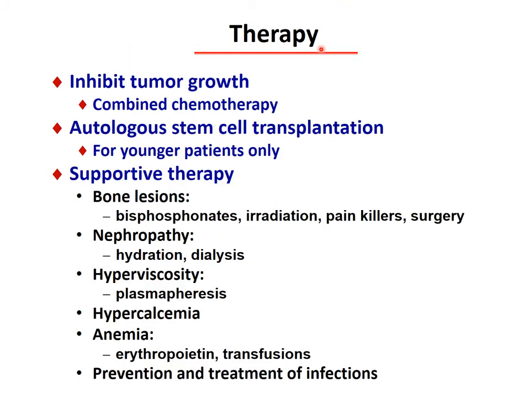Therapy: they use tumor growth inhibition, so they are going to control the growth of the plasma cells with a chemotherapy agent. And they can use autologous cell transplantation, but only in younger patients, usually younger than 75, and the cardiovascular status or the performance status of the patient should be good, because when you are going to kill the